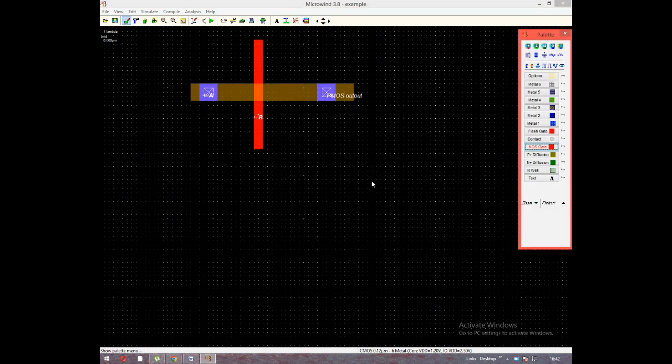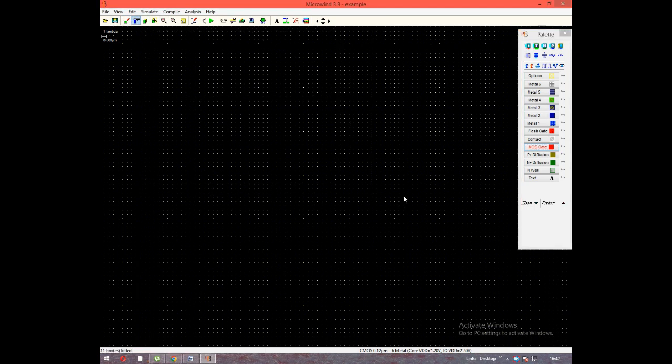So friends, next we'll design the NMOS. Let us erase this. Then we will select N plus diffusion, as we desire to make an NMOS. So we have to select it. Likewise, we will select the MOS gate. We have also selected the MOS gate, and we will take the metal contact as N diffusion metal in both the places,